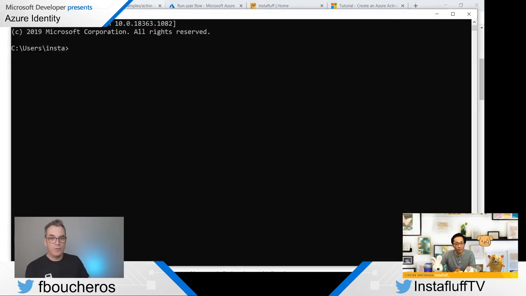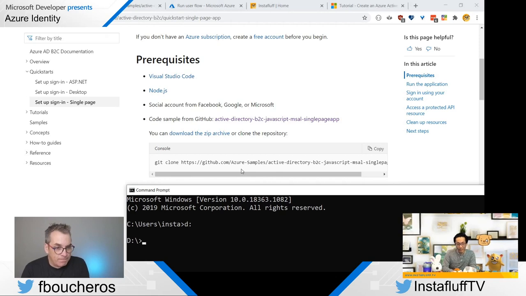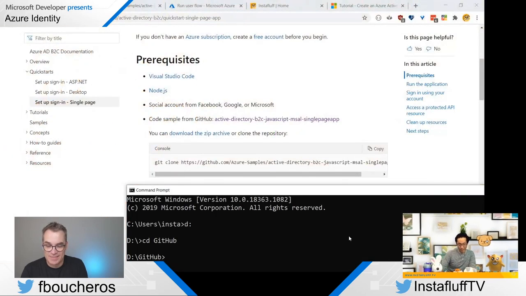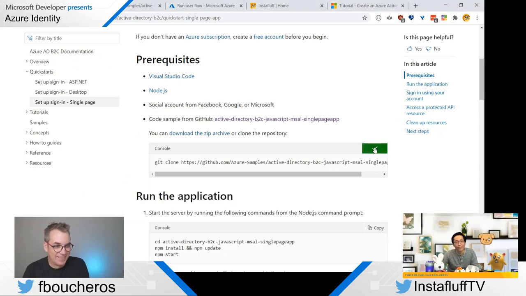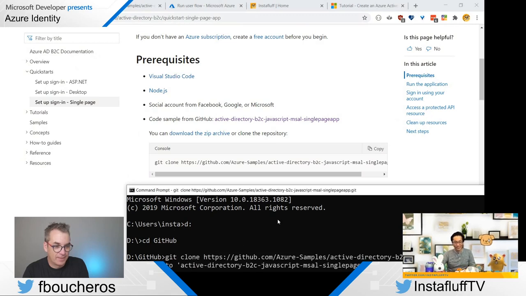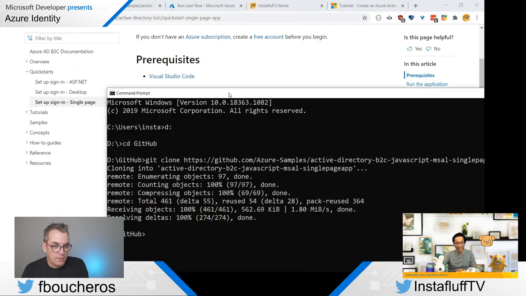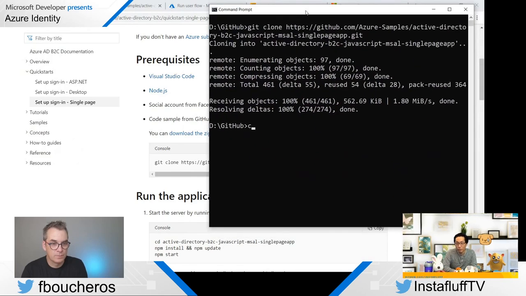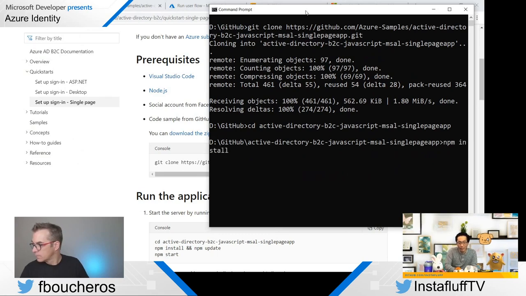Okay, I'm gonna try this real fast. Let's see. And we're gonna git clone this, copy, and let's do it. That was not planned, by the way, chat. Copy. It's not pasting. There it goes. Git clone. Oh, there it goes. All right. So from here we need to cd to, what was it called? Active Directory single page app. Okay. npm install and npm update.